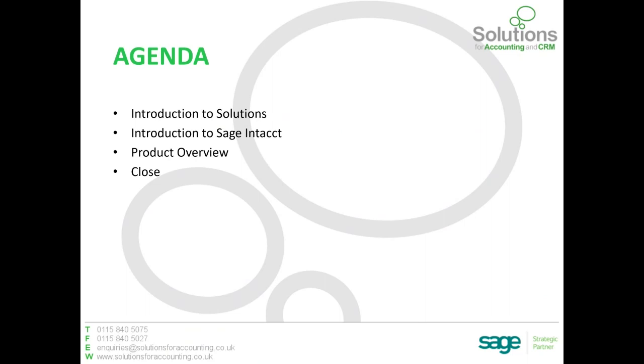We've got upwards of about 50 members of staff across our two sites, a team of in-house developers as well, who also write bespoke software solutions for integrations into Sage 50, Sage 200 and to Intacct. They also offer solutions for our CRM offerings. We look after, implement and support Act CRM, Sage CRM and Salesforce, and again our team of developers are very involved in customizing those systems to make them work better for our customers.